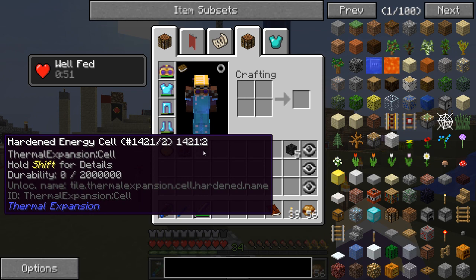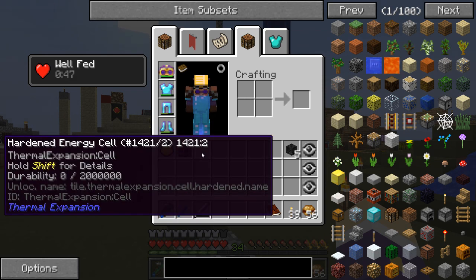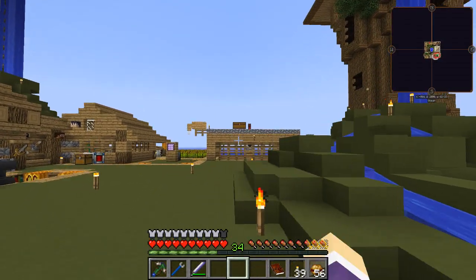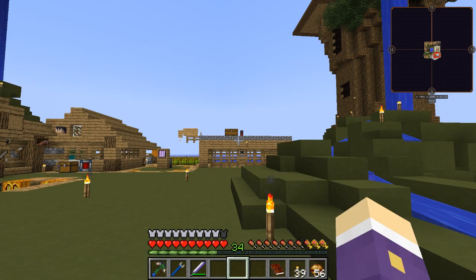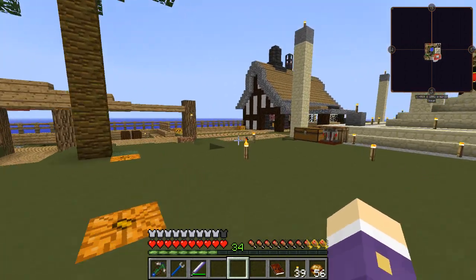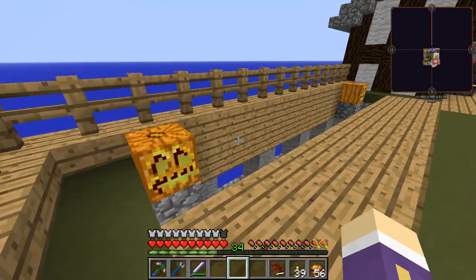Another little problem I've had is in the nether where I've got the mob farm. I'm using hardened energy cells and they run out. And up there on that mob farm, which is currently set to Enderman, I'm also running out of energy very fast. So I need to start making some Tesseracts. And I've designated this little area over here to do some automatic